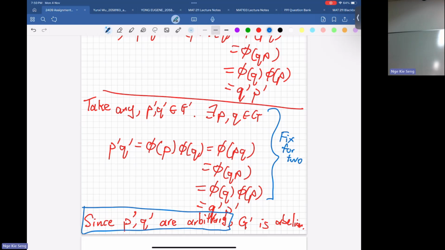Good, 非常好。Like the epsilon proof is also like that. You fix an epsilon greater than 0. Okay, and then the last line you say since epsilon is arbitrary. This line is very important. This line, don't miss it. You cannot just start with any two and then say that it's abelian. So it's very important, this kind of small thing. Okay? So you might think this line is very redundant, but actually it's super important.